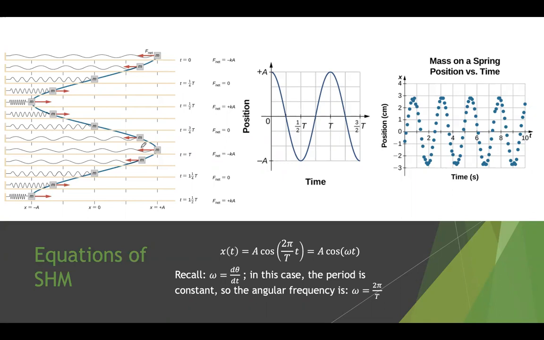So these are a few different graphs. They're all kind of showing very similar things. Okay, so this first figure here, we have that our equilibrium point is at x equals 0, so that would be this line here. Now we start with the mass way over on this side at maximum, right? This is the maximum position, okay,